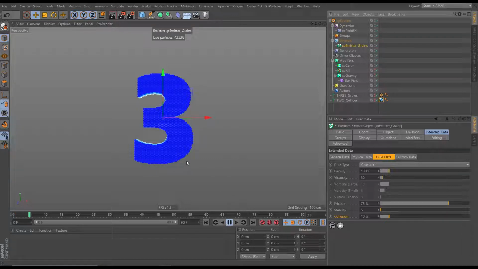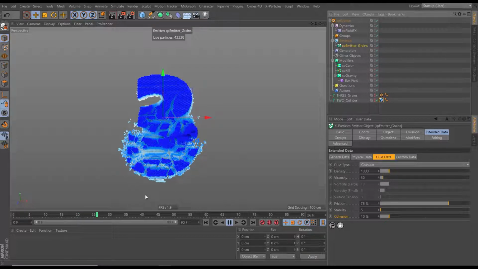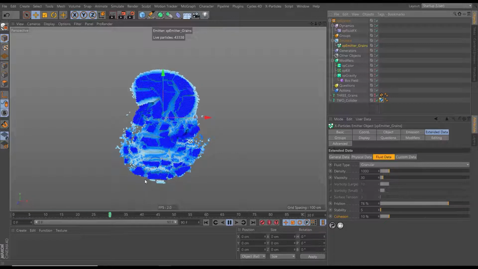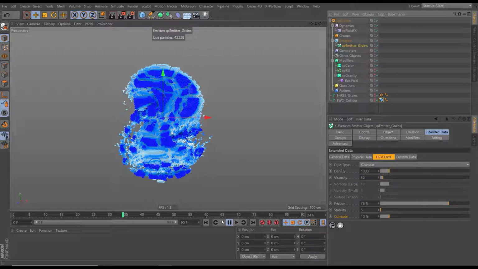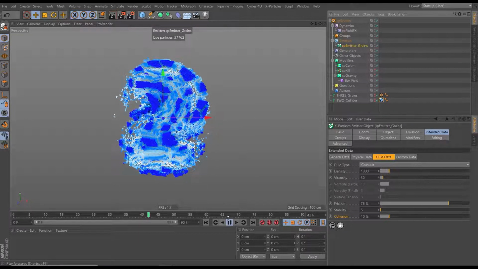So you can see when you start getting to the final kind of render particle resolution, it starts to have a much higher impact on how quickly you can play it back. So you get to a point where you've just got to start caching and playing back those caches to get a real idea of what the simulation is going to do. So I think arguably we've got a little bit too much movement here. So let's increase our